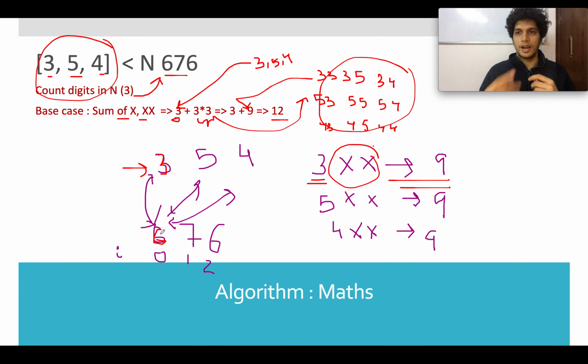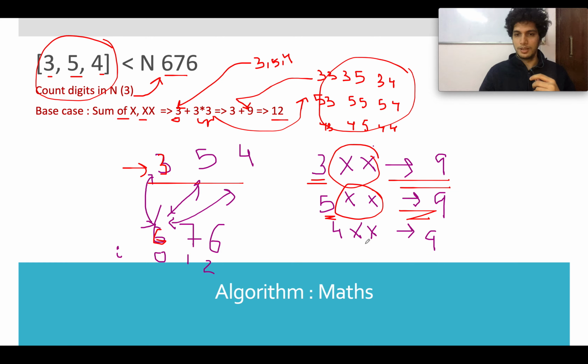Next, let's iterate through all the digits in your data set. Now you compare 6 with 5. Now it is less than this. That means you have fixed the position of the first digit as 5, and you can generate permutations for the rest of the two digits, which will be equivalent to 9. And then you again compare 6 with 4.